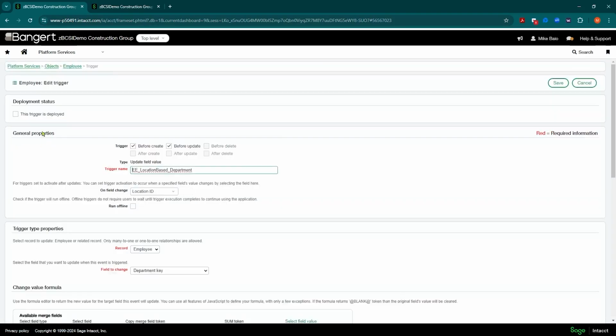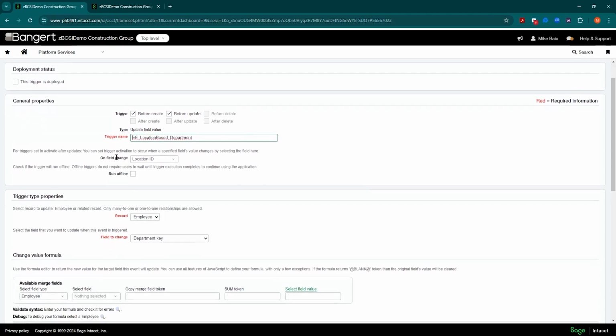You'll notice it's not deployed yet, but you can base triggers on before create, before update. So before it saves, it can trigger. There's different types of triggers, and we're going to go into the different types. You can do validation triggers. You can do update triggers, which this one is. You can do API calls, emails, anything you can do in a smart event or smart rule, you can do in here as well. So basically we have a trigger already set up, and anything new before create is going to be on the employee record.